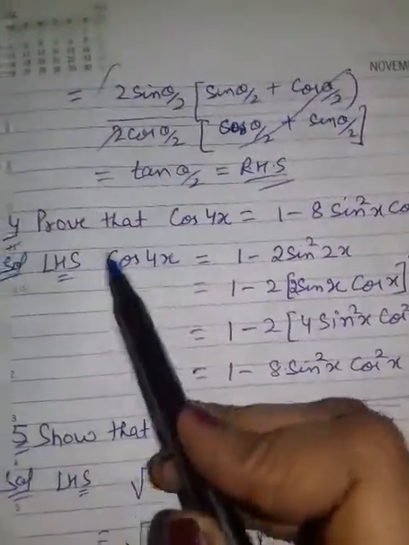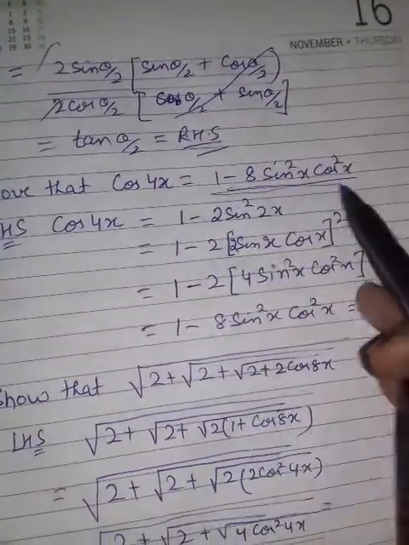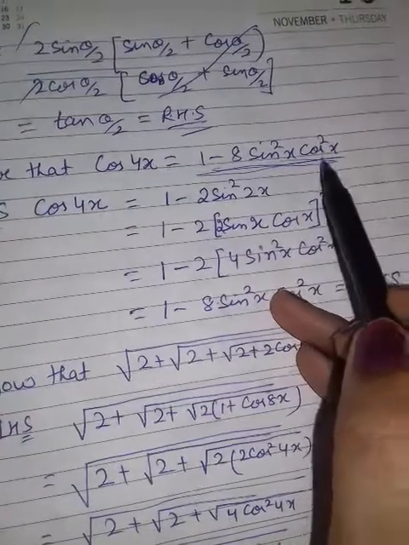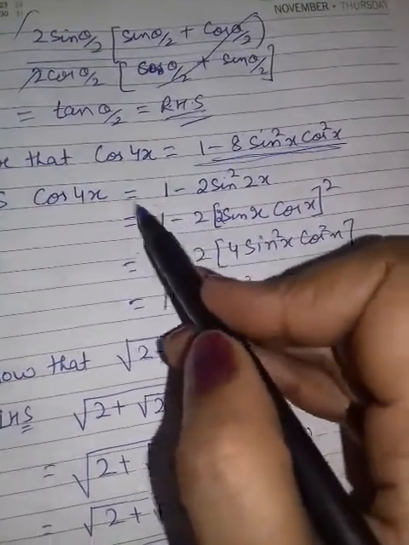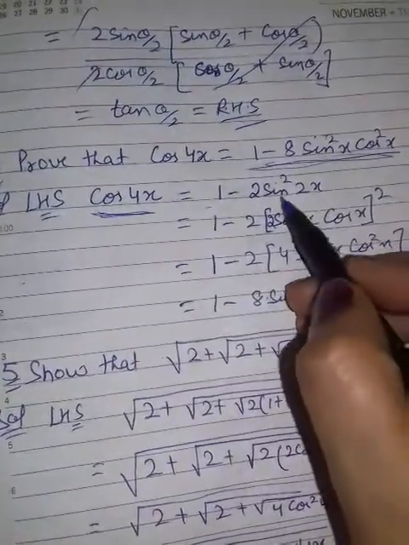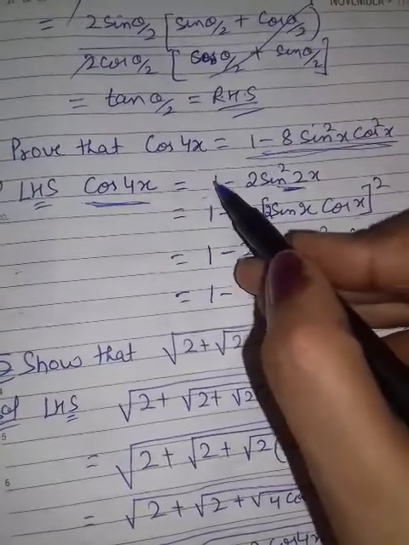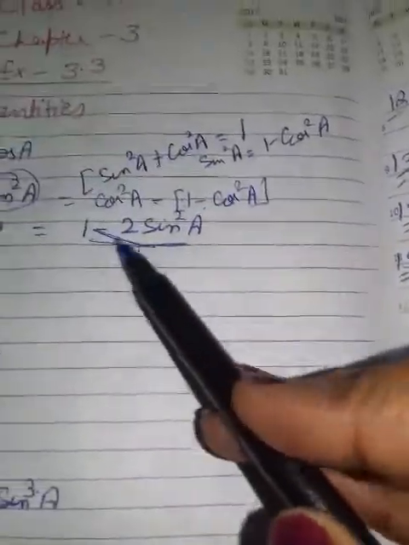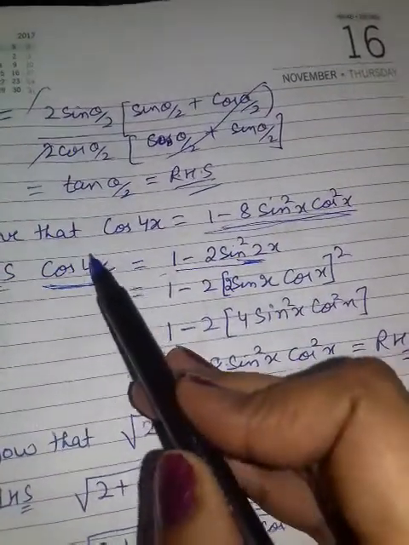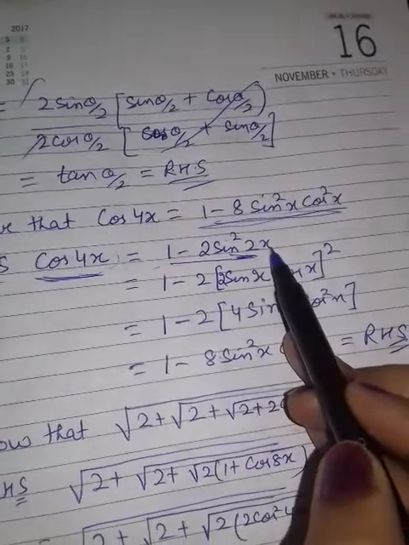Next question is prove that cos 4x is equal to this. And you will observe you want what, 1 minus 8 sin square cos square. Why I used this identity? You know cos 2 theta has 3 identities and you want 1 in place of sin here, so you want the same. So we have used this identity. You have 3 identities of cos theta, na? We have discussed here 1 minus 2 sin square theta. Because you want 1 on the right side the same, so I kept it here. 1 minus 2 sin square theta, but theta is what here? 4x. So we have taken the half of it, 2x.